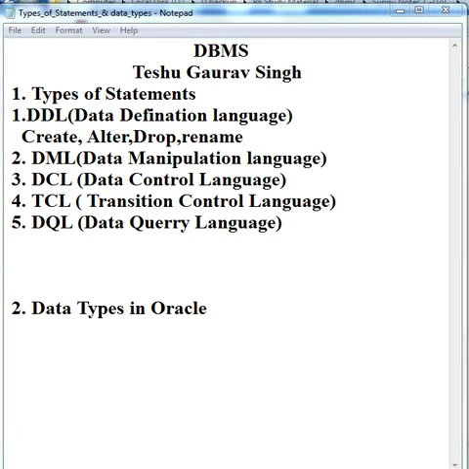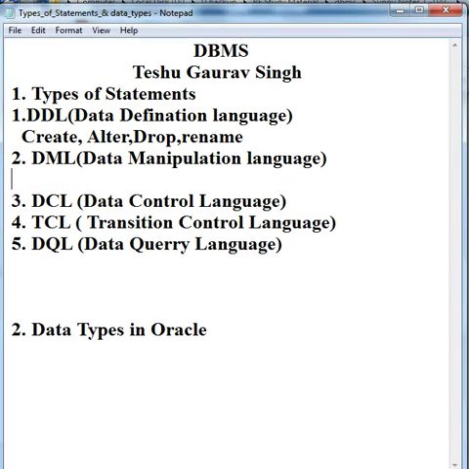Second is data manipulation language. In data manipulation language we can manipulate the database and the table. If we want to insert some values, then the table will be updated. If I want to update the table, or if I want to delete some rows, then it comes under DML commands.